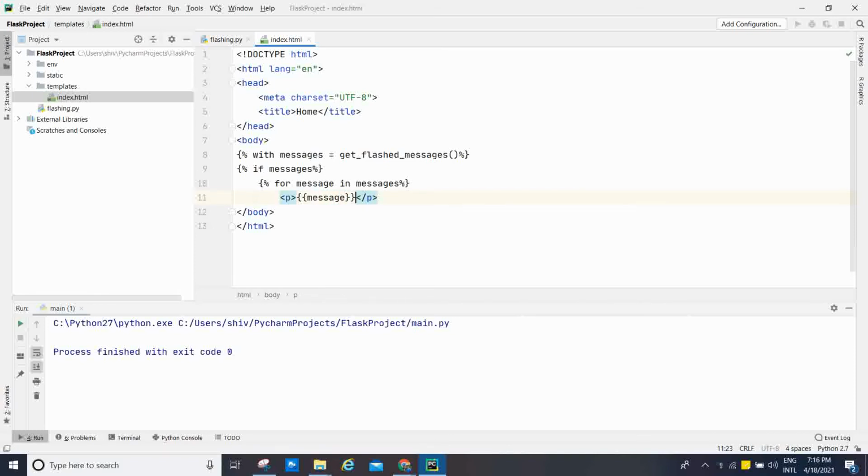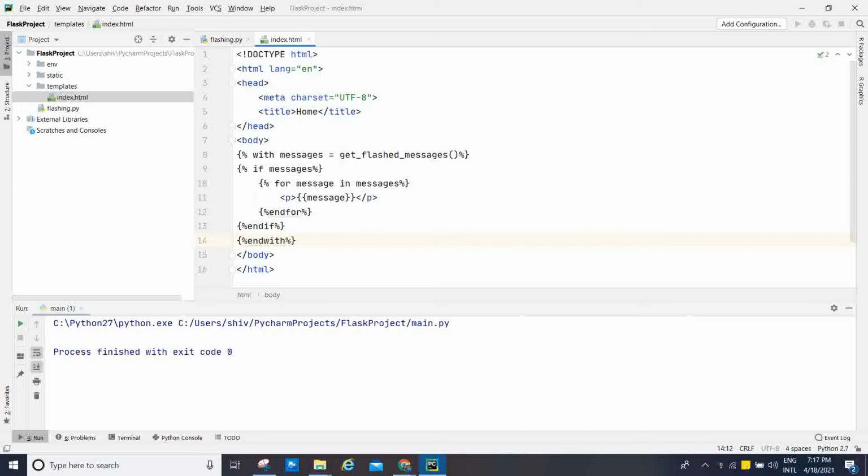After that, end of for loop, percentage endfor percentage close, and after that end of if, percentage endif percentage. Now with is there, then we are going to close end of with also, endwith percentage close.